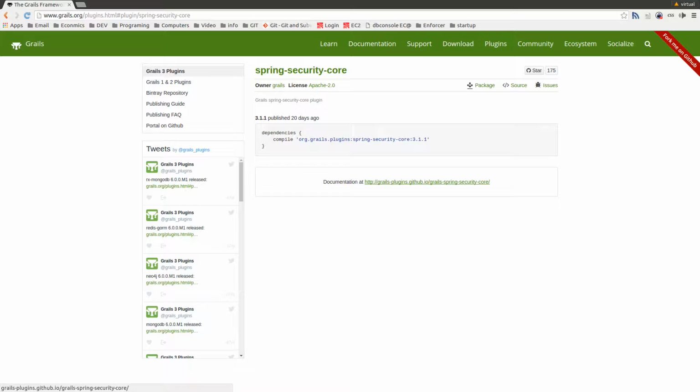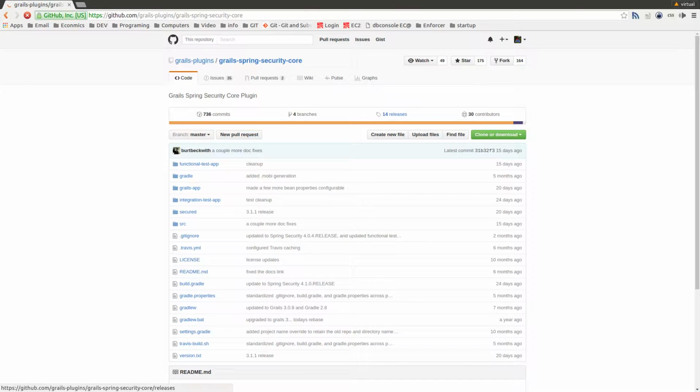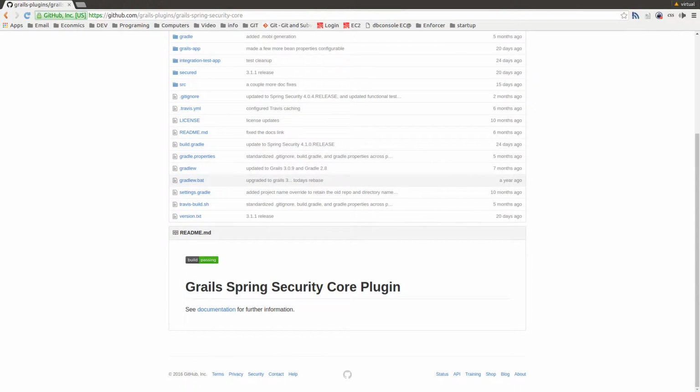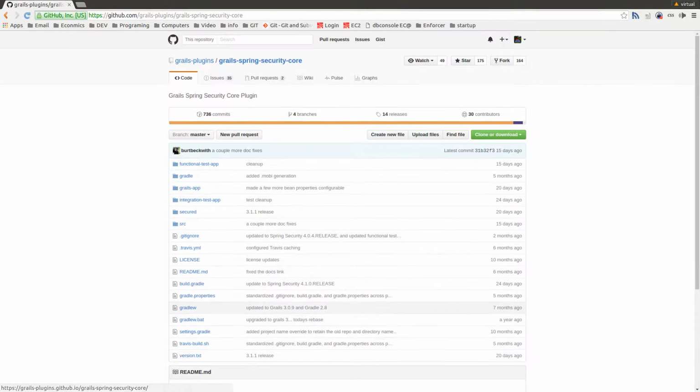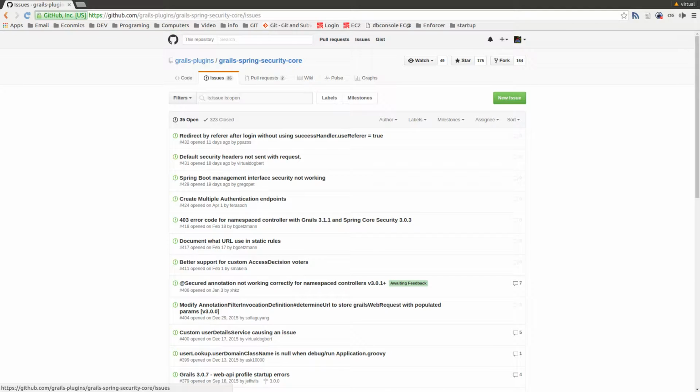Now, the documentation may just point to the source and the Git repository, depending on the developer and how deep they went into actually providing documentation. Some people just provide it right in the Git repo. So let's just click this link over. So, he didn't provide a lot of documentation here. He just provided a link to the real documentation. But you can look through the source. You can look through the issues. And basically, a good